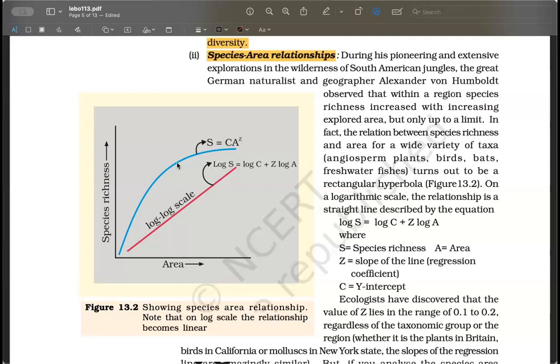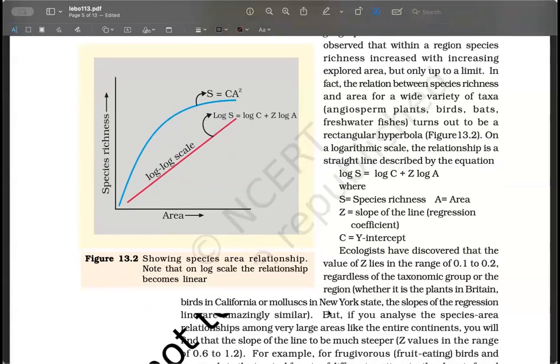And then after that, the amount of area that you will increase, that you will sample, you will not find more different kinds of species, but you will find more individuals of the same species that you already know. So species richness or species diversity will decrease. Okay, you understand? Species richness will imply the amount of species, right? Rather the different amount of species, it implicates the more number of species that are present. Right, more number of species, like more diversity.